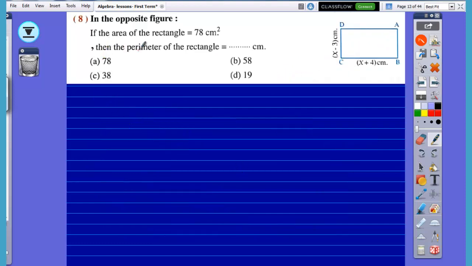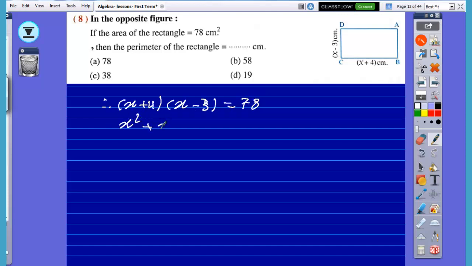Here we have the area of rectangle equals 78. Then the parameter of the rectangle equals, okay, let us start from the beginning. The area of rectangle equals 78, and the area of rectangle equals the product of two dimensions, length multiply width. So x plus 4 multiply x minus 3 equals 78, right? And then x square